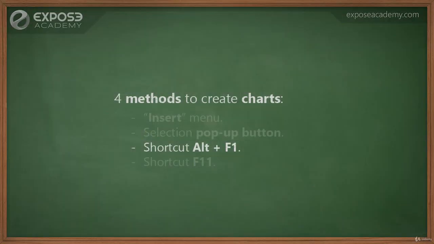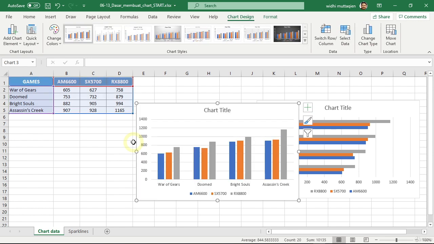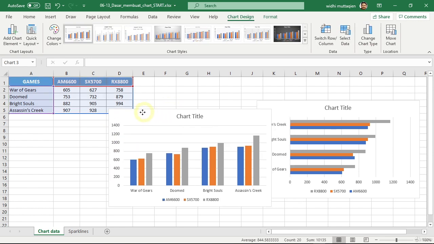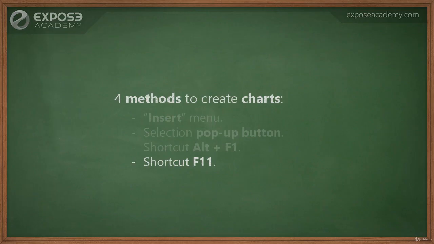Next, the third method is using the Alt F1 shortcut. As usual, you need to select the data first, then press Alt F1. As we can see, this shortcut will automatically create a vertical column type. The last method is the F11 shortcut. This method is slightly different from all the previous methods.